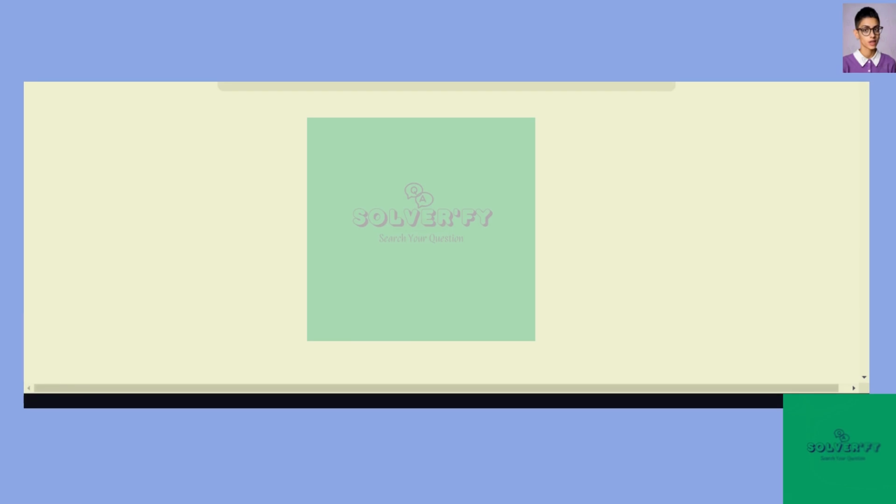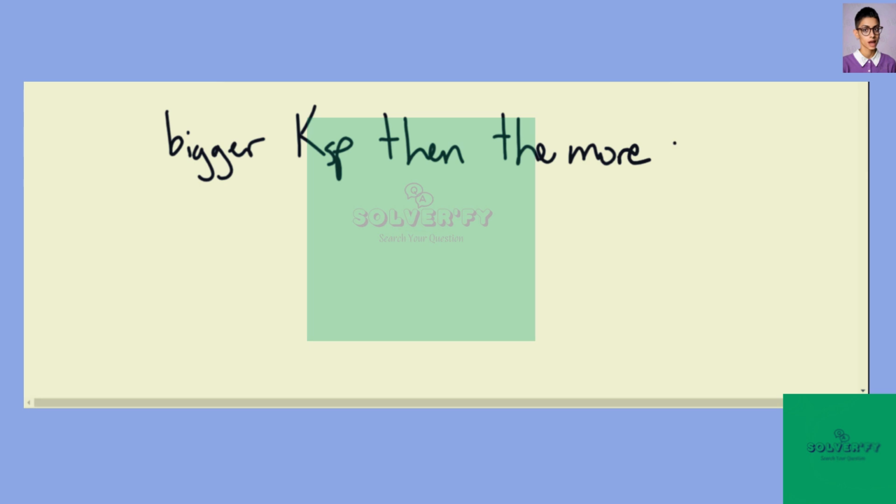In order to find out if something is more soluble in water than something else, we simply need to compare their Ksp values if they produce an equal number of ions upon dissociation in water. So, the bigger the Ksp, the more soluble. All we're looking at is for bigger Ksp's, and that will help us figure out if the compound